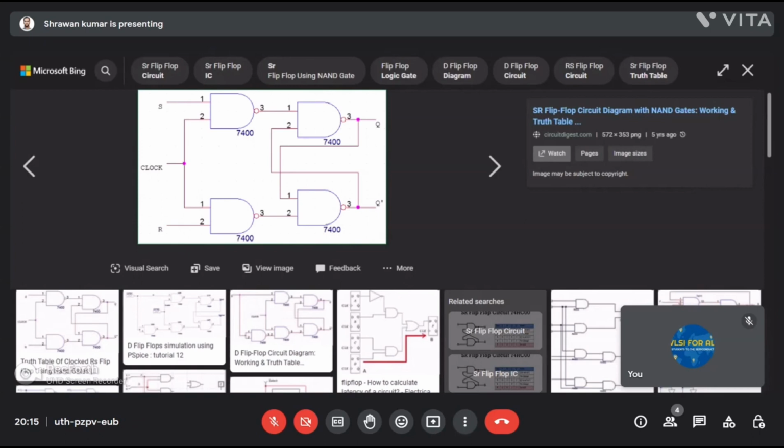Then we can explain from here. 1 1, you got it. I get the 1 here and the 1 here. If we take a previous condition, there can be some value. We consider Q equal to 0 and Q bar equal to 1 here. If Q is equal to 0, we get 1 at point 3 in the circuit below, this one.